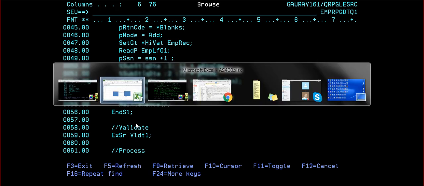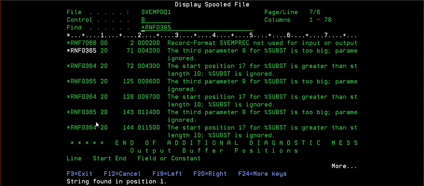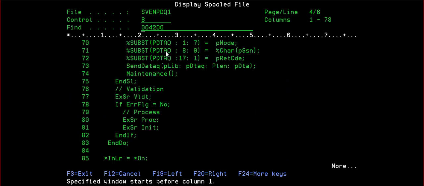Okay. Third parameter for the substring. Nine.